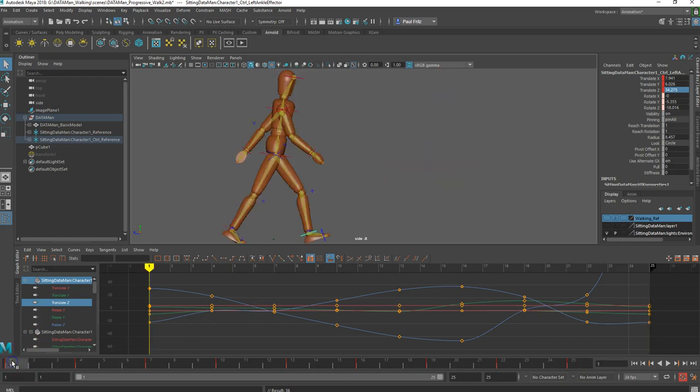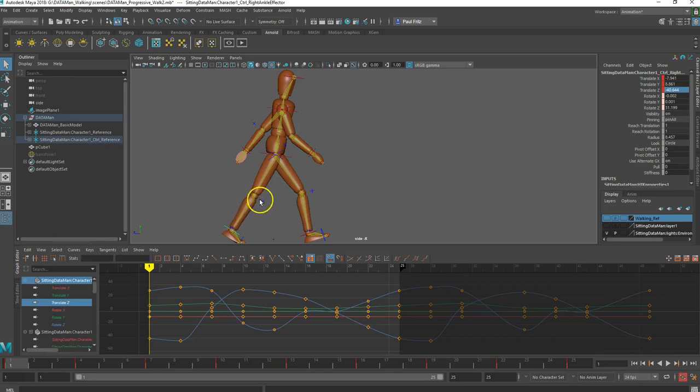Alright, so now I'm going to go back to 1 again, and this time I'm going to do it for my trailing foot, or in my case it's the right foot. Now I see that I have in my Translate Z a negative number, negative 40.644, and I am going to add that to my 150, or in this case I would subtract, so it's 150 minus 40.644,